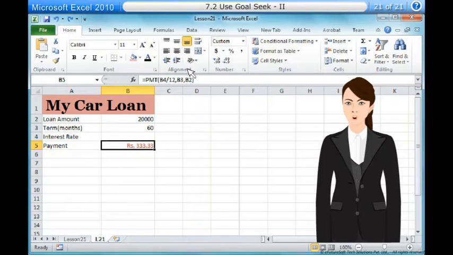Goal Seek Example 2. Suppose you need a loan to buy a new car. You already know that you want a loan amount of Rs 20,000, a 60-month term, the length of time it takes to pay off the loan, and a payment of not more than Rs 400 a month. However, you're not sure yet what the interest rate is going to be. In the image below, you can see that interest rate is left blank, and payment is Rs